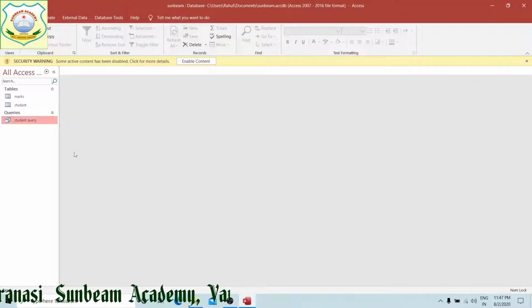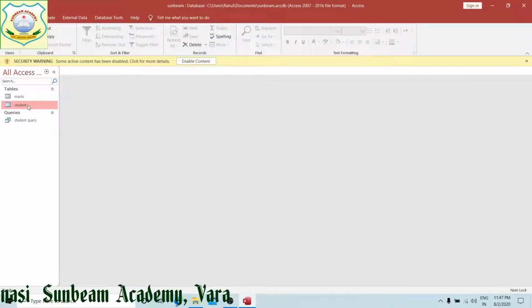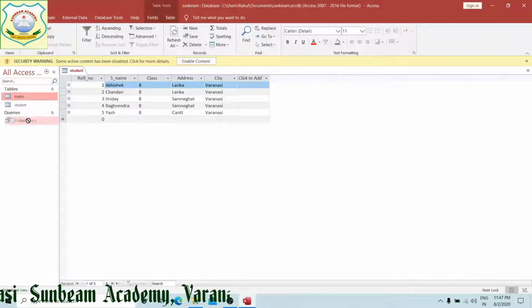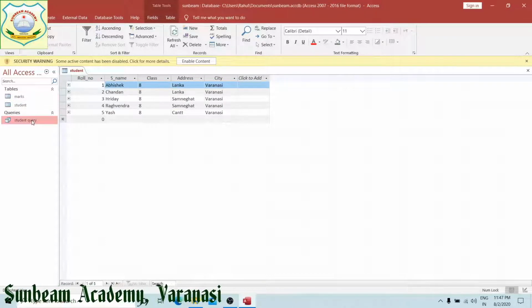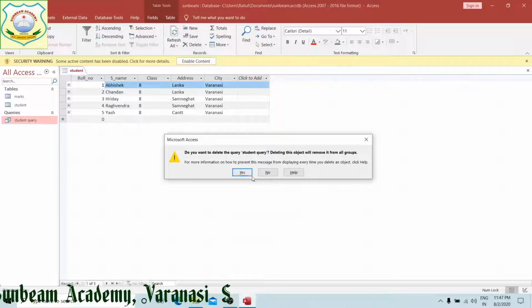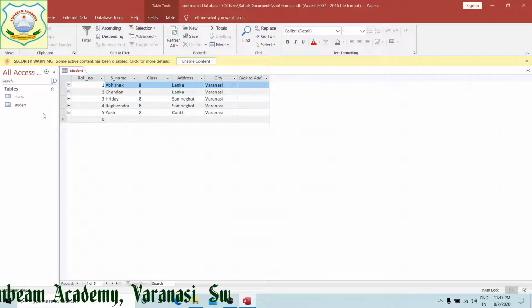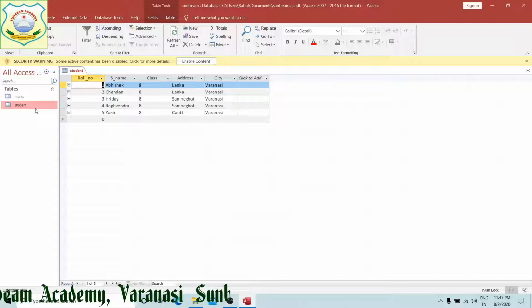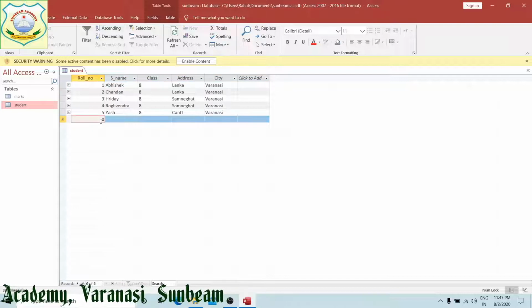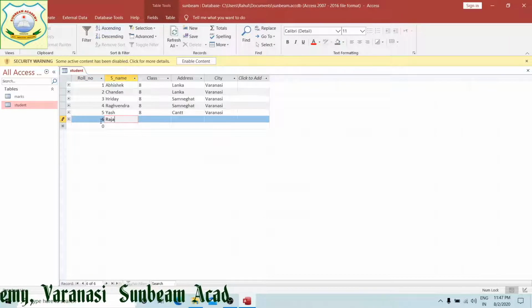Under Sunbeam we are getting students and marks, right? These two tables we made. So this time what I am going to do, I am going to add a few more fields into it, right? This is roll number 6, Rajan, class 9th.